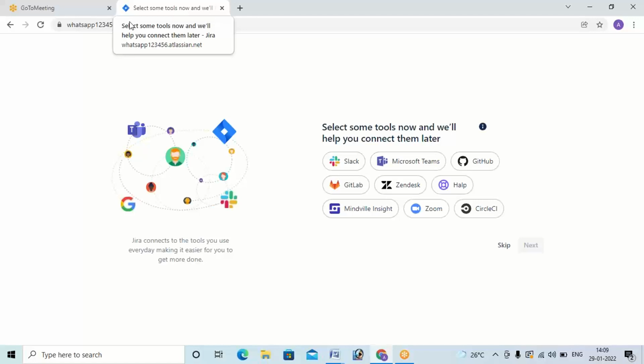Is it clear? Okay. As you can see in the hyperlink, we have created a site, WhatsApp 1, 2, 3, 4, 5, 6. That is going to be displayed in the hyperlink. Okay. And coming to this one,